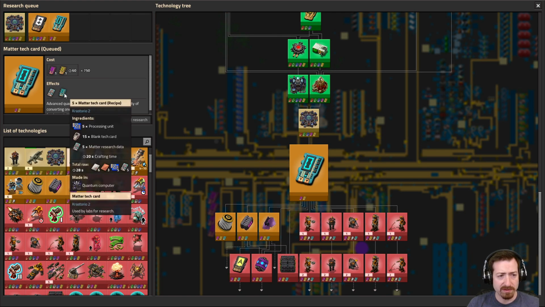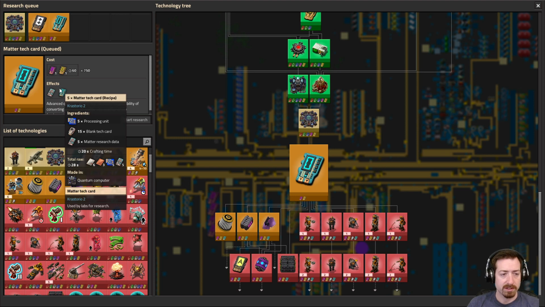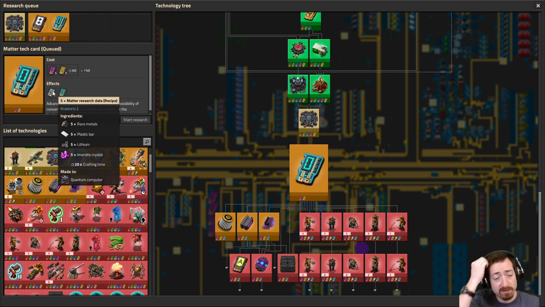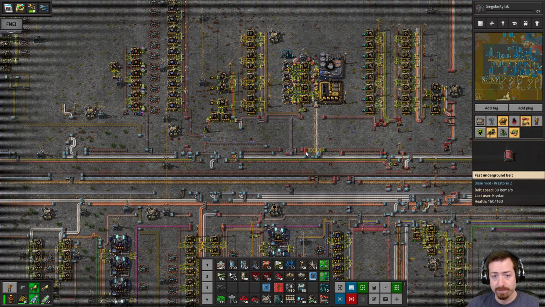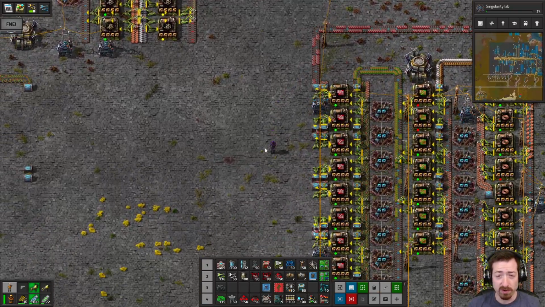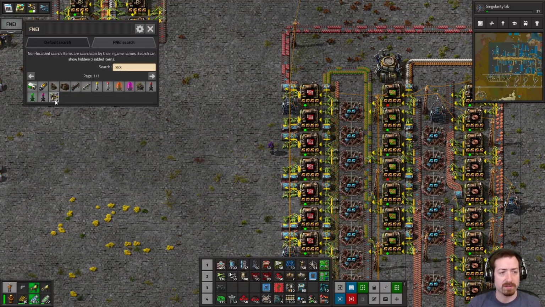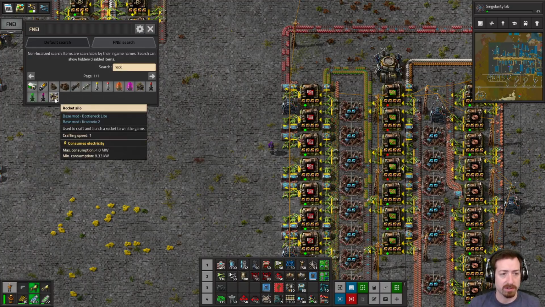They're both pretty expensive. The matter tech cards are blue chips and a combination of rare metals, plastic, lithium, and emersite. So fairly expensive, and I'm going to have to set up lithium for that. And then obviously space science actually requires all the normal space stuff. I'm pretty sure it's the same as vanilla. So rocket parts